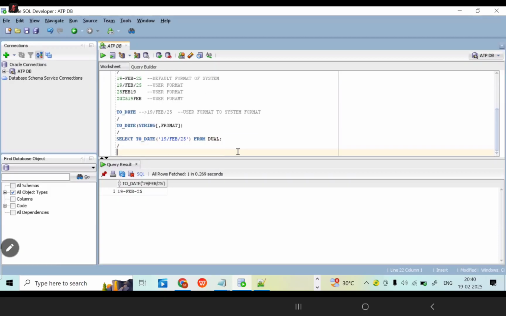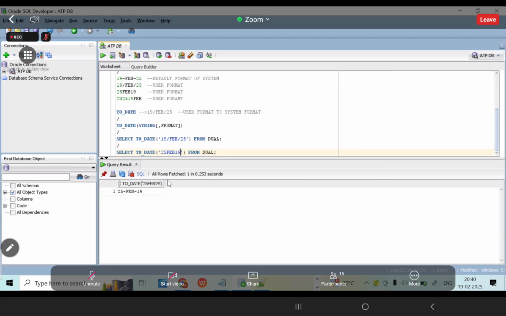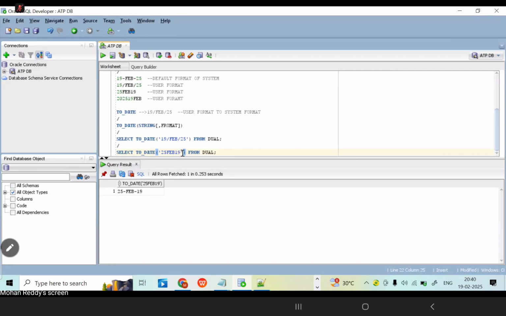Clear? Now next, I'm going to write it in a different manner, same way only. Now here I'm going to write it as this one. 19 February 25, this one. 25 February 25 I have taken here. Just run the query. Is it converting or not? Whatever you have given here, just like this it is printing. But here I want to convert to the system format. Then we'll go for the